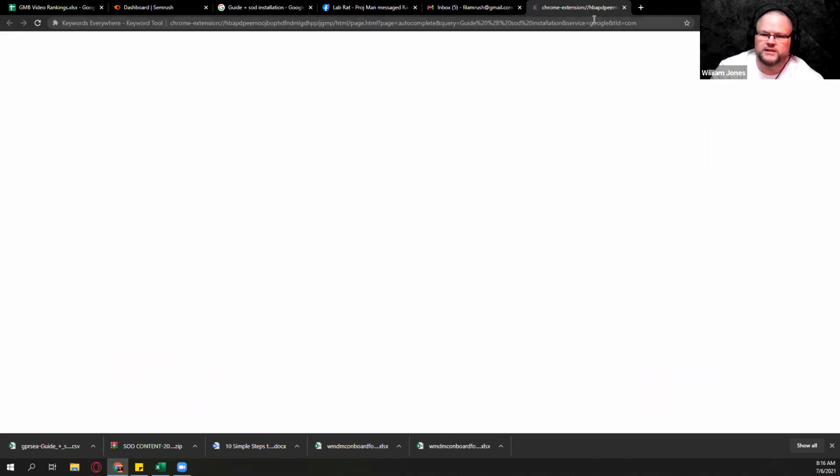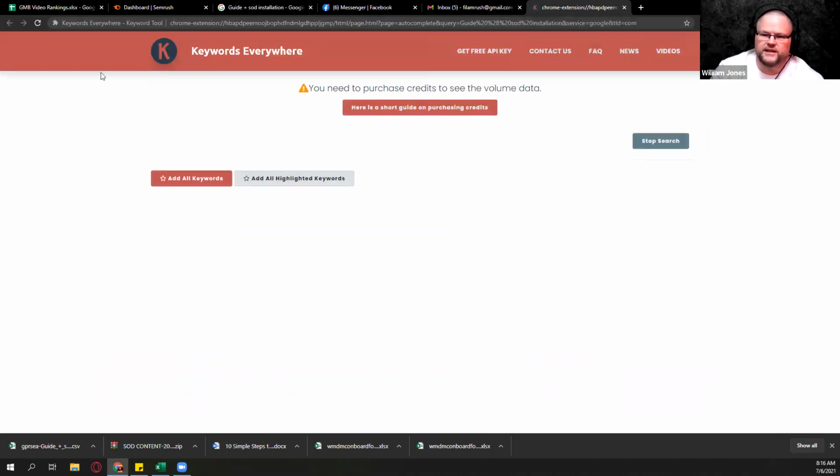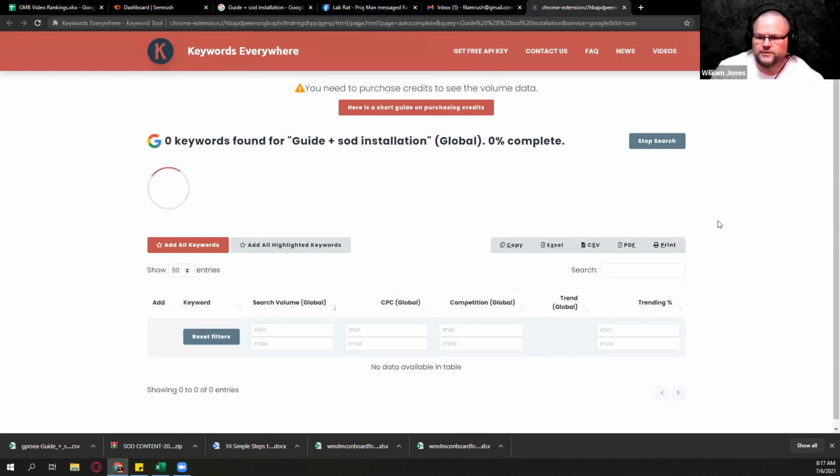This is the Chrome extension. It's Keywords Everywhere, and you can add in keywords, and there's all types of stuff you can do, right? It's a really cool tool, one of the ones I like. It's one of the ones I use a lot more, mainly because I use Google search. Now, if you're going to use SEMrush,